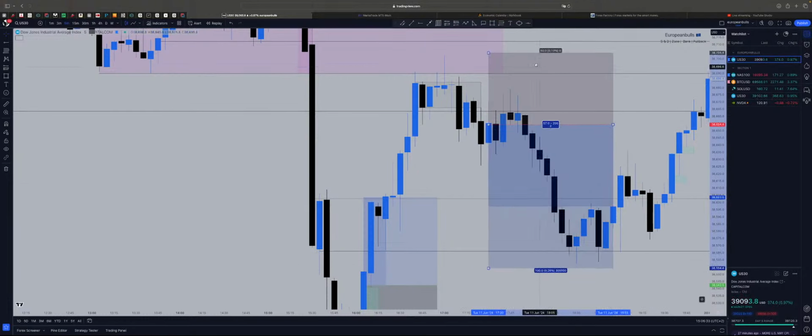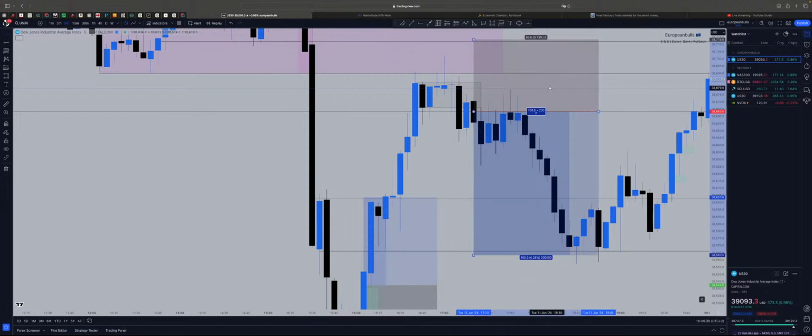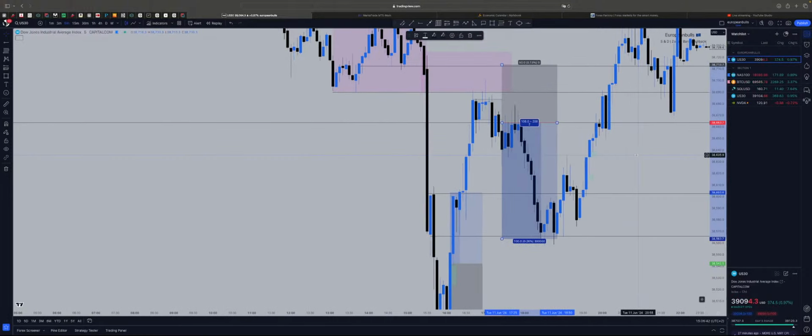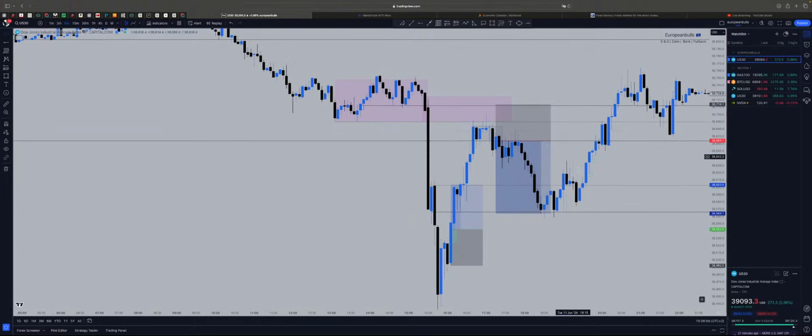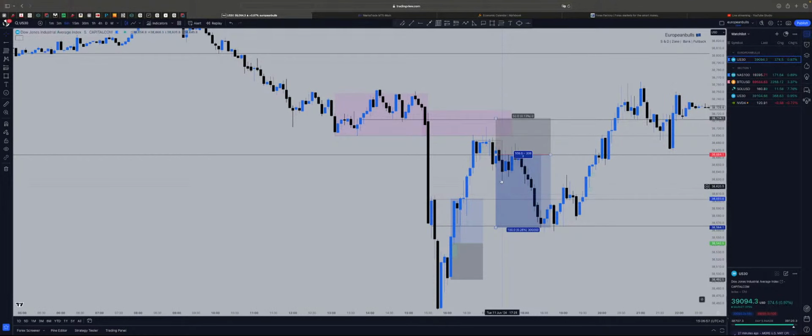I went in for the trade with my manual execution. I would have put the limit order as well, but I just wanted to keep it simple. I didn't want to look at the chart all the time. When I saw this candle here, I entered right here in this blue candle with the market order. My TP was around this area, 2R, which was exactly the case.